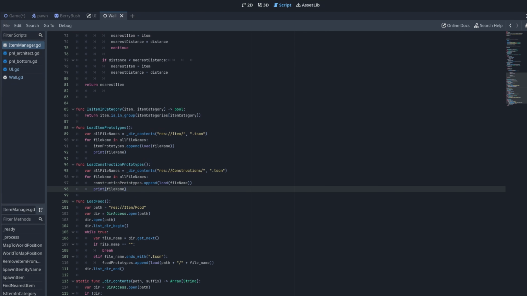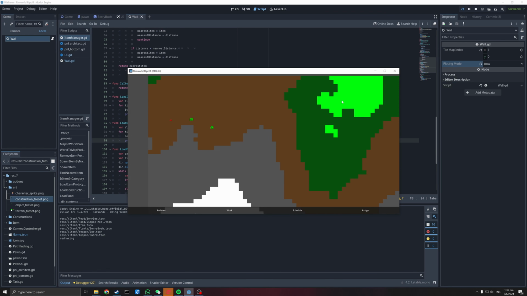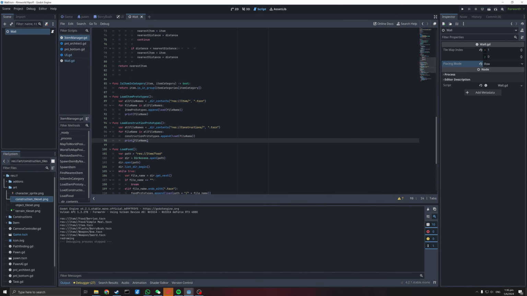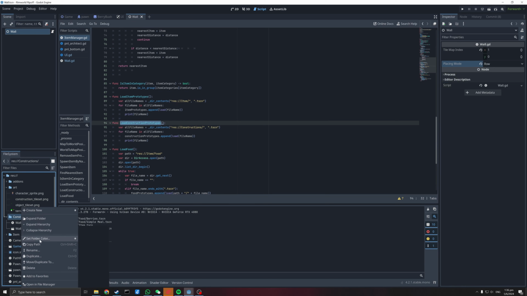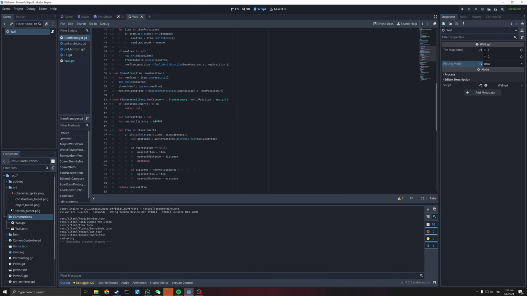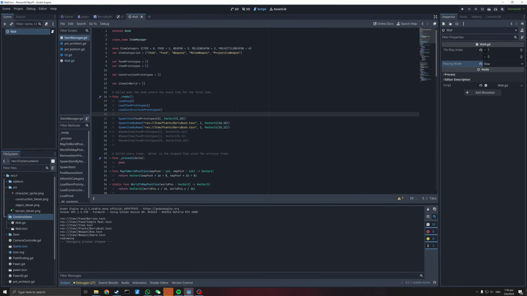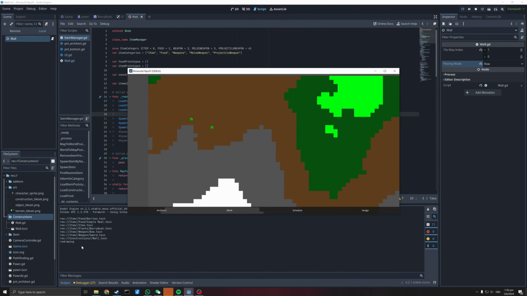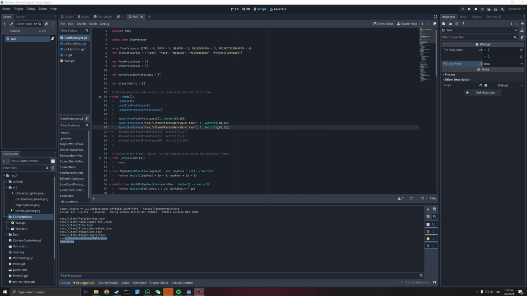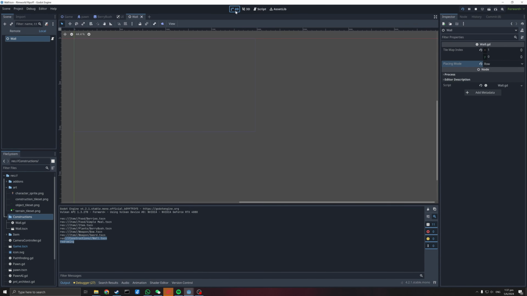Okay, so that should load all my construction prototypes. Let's just make sure nothing breaks when I do that. So it's loaded all my items. Constructions. Copy path. Oh, I didn't actually call it load constructions prototypes. There we go. All right, and it's loaded my walls. Good. So now that we have a real list, we're going to go back to our architect panel, which is